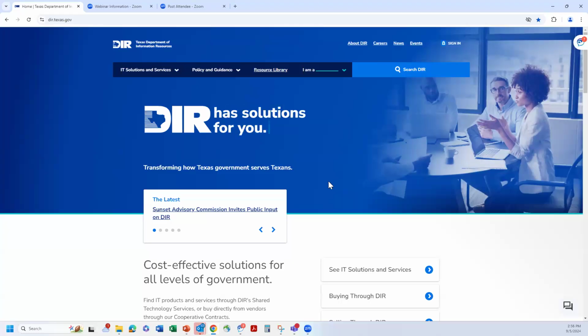So we tried to make the new website a little bit more navigatable, and we put this ribbon here on every single DIR web page. So I want to start out by saying that in order to use our co-op contracts, you don't need to have a sign-in on the DIR website or anything like that. This sign-in box is typically for vendors and for state agencies when they need to file documents with us. But you are our local govs and school districts and higher ed, you don't need a sign-on to use the DIR website.